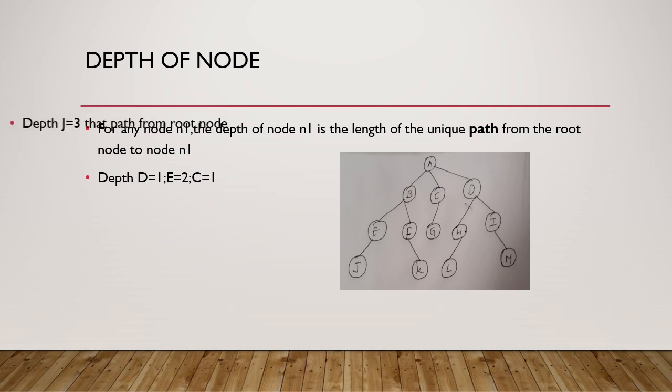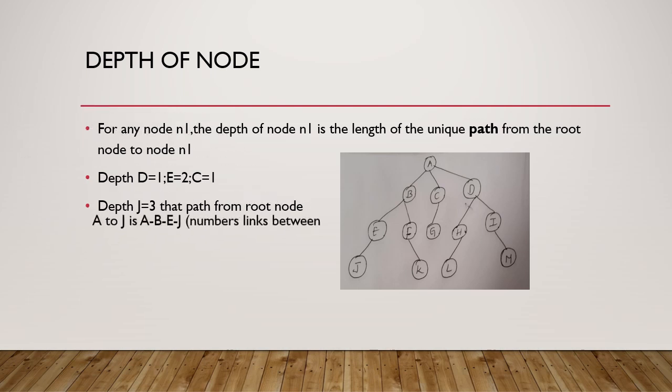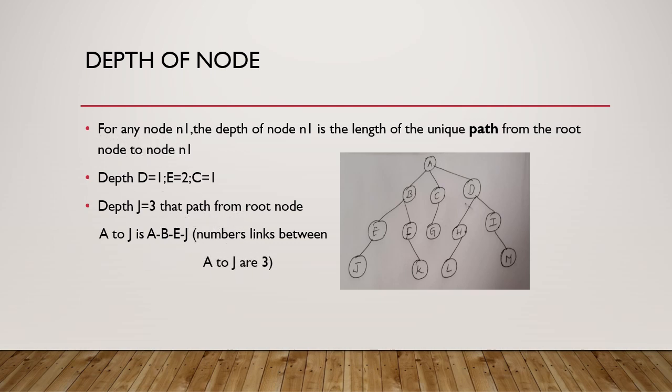Whereas depth of C is 1. Depth of J is equal to 3. The path from the root node to J, we are going to say, is A to B, B to E, E to J. Number of links between B to J are